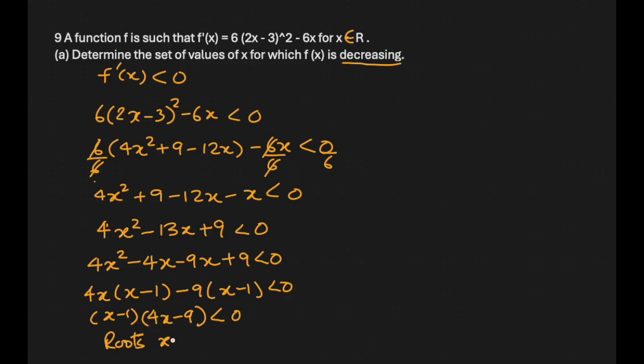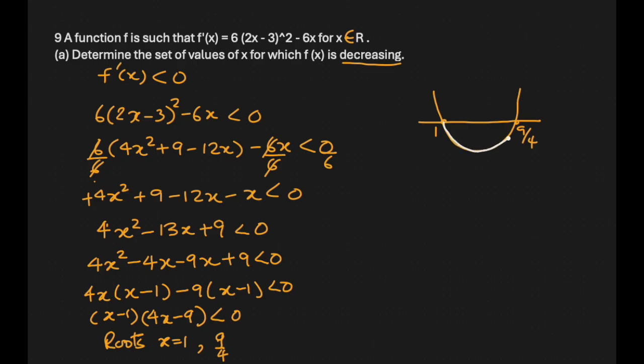So the roots are x equal to 1 from this one and 9 over 4 from this one. Okay, so if I look at the graph, because this leading term is positive, it will open up. This root is 1 and this one is 9 over 4, which is 2.25. Now we want less than 0, and less than 0 means the value should be negative,